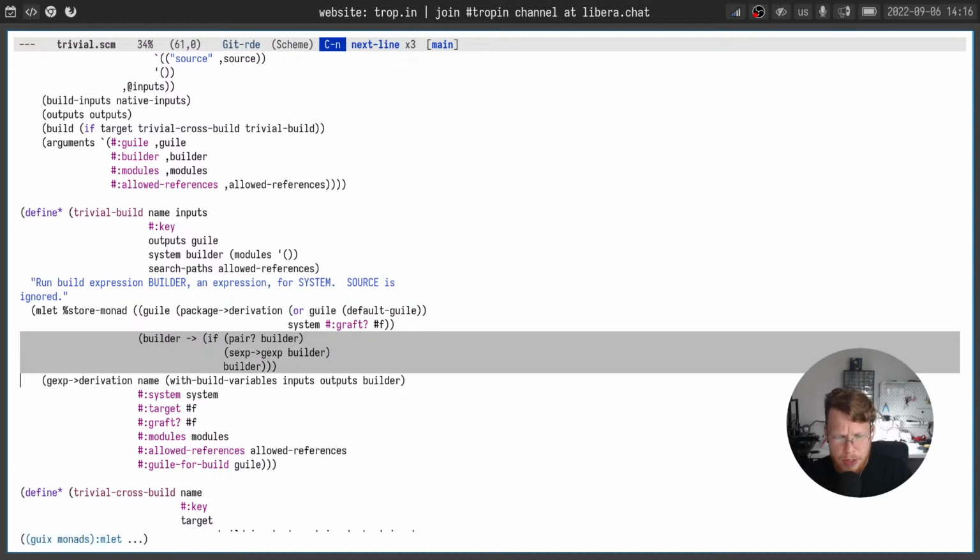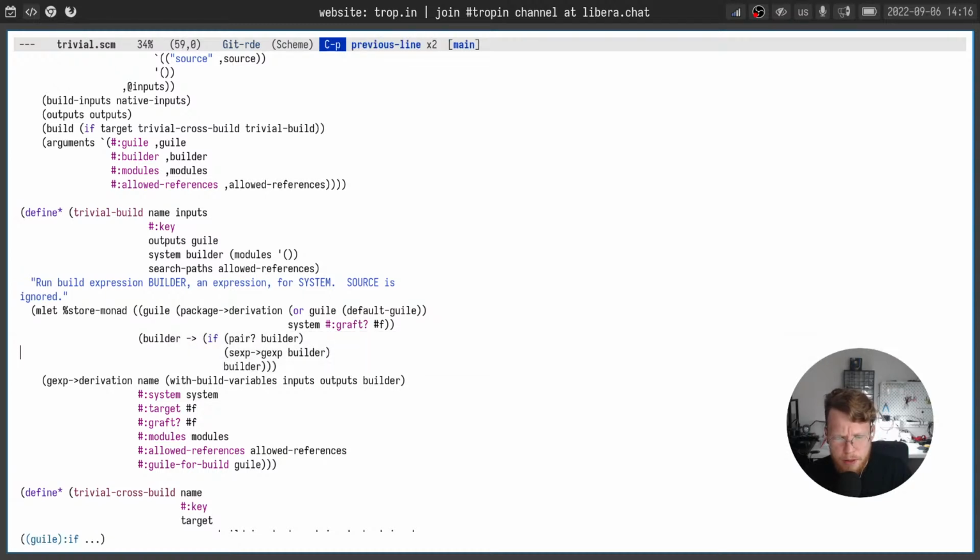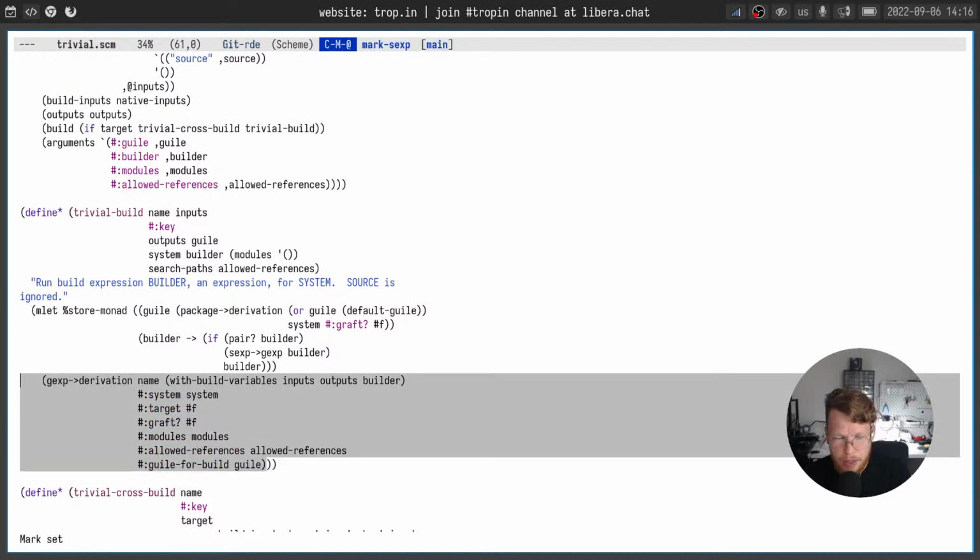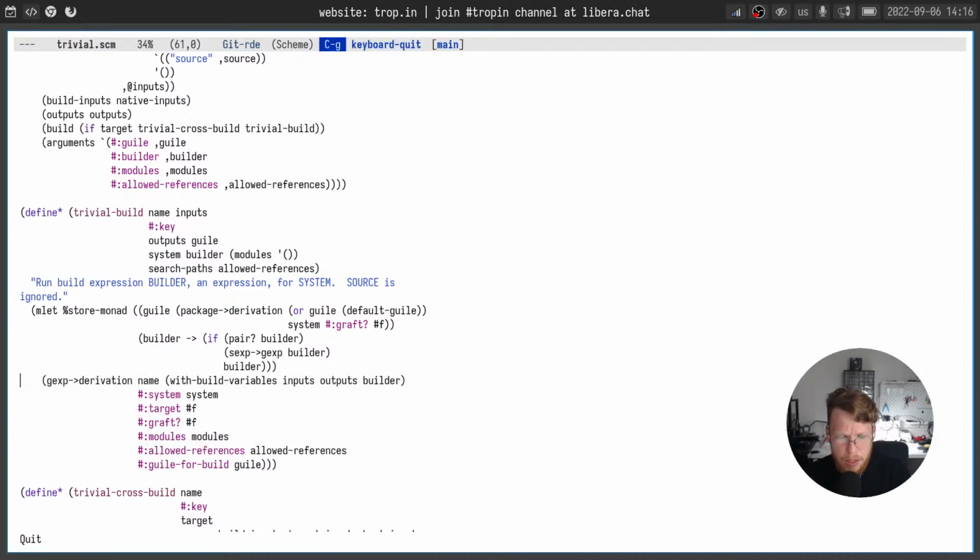And here you can see that if builder is a list of expressions, then we translate S-expressions to a G-expression. Otherwise we use builder as it is, and probably that means that the builder is already a G-expression. After that, we create a derivation, and